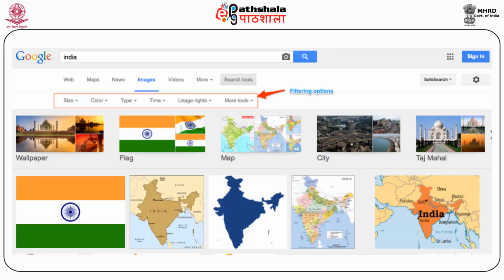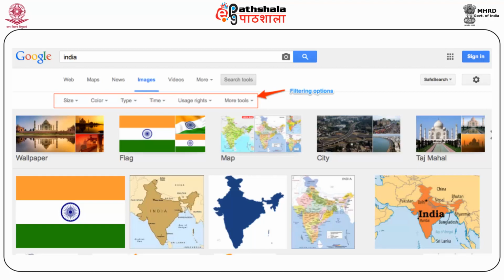So the user can sort the available results on the basis of the size of the image, the color, the type of image, the time when the image was taken, the usage rights, etc. So how has this become possible?